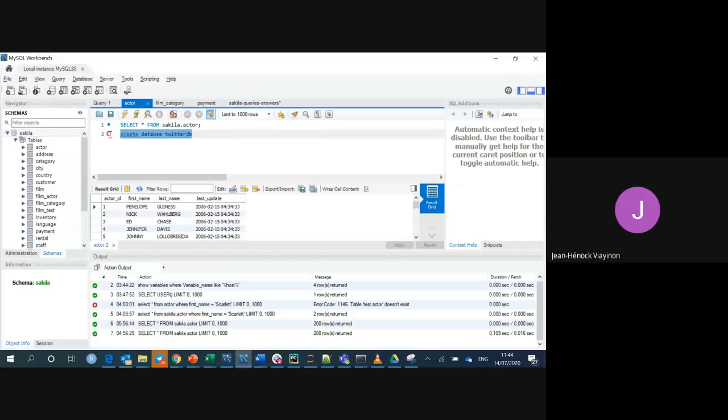Let me see. Yes, so when you run the query in the query window, you get the result here in the result grid. So the result of this query, select all from the database dot actor, is located here. You have the actor ID, the first name, the last name, the last update. I want to collect all those lines from my Python, using the connection I opened from Python to this database. So now, coming back to my